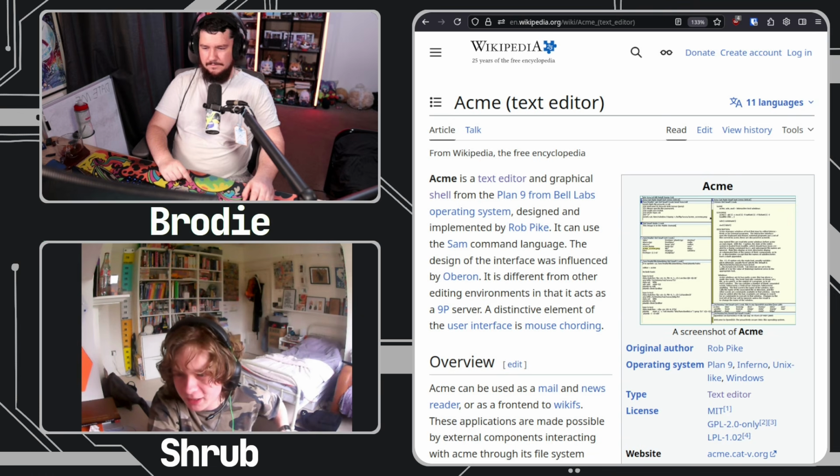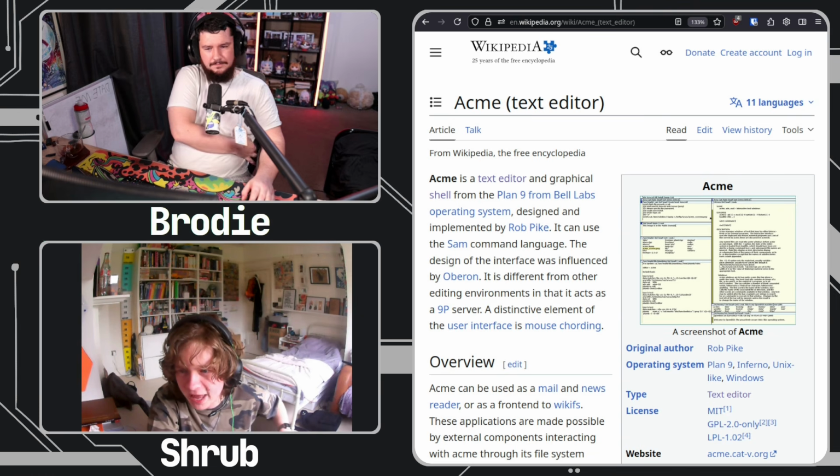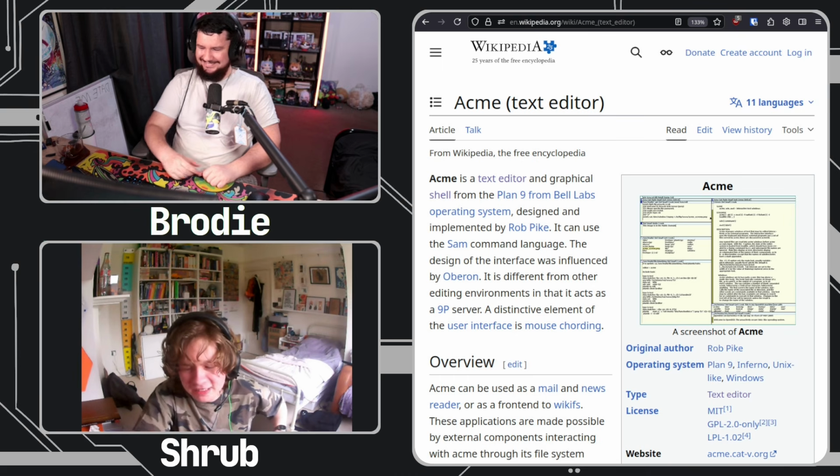But the only way to get it on Linux is through Plan 9 port, which is a port of Plan 9 to Linux. But Plan 9 port, as far as I could get it to compile, only really supports X. So I made a compatibility shim using the wld drawing library that takes Plan 9 port draw calls and converts them to Wayland draw calls, and then I can get Acme working natively on Wayland, and it's on my source site. It's called Hack, which is, I know I called it that, but I forgot what I called it that. But that's a native Wayland port of Acme.